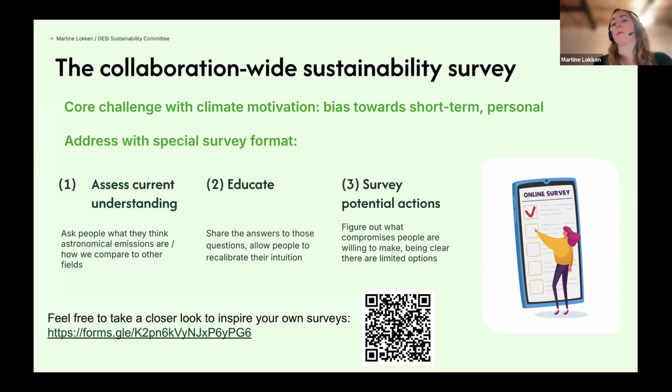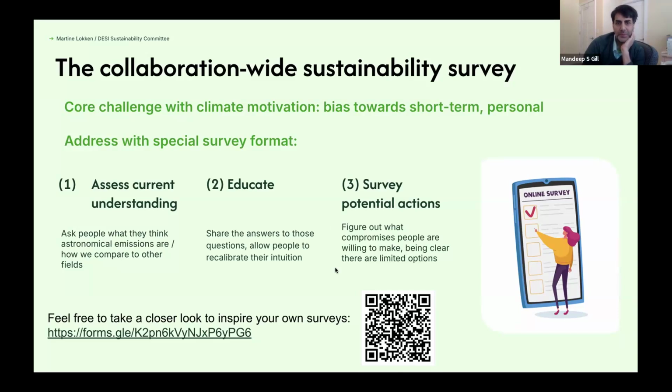And so for those who maybe weren't aware of astronomy's outsized impact, they become aware as they're doing the survey and before they get to the part where they're talking about actions. I think that was really helpful to get people in the right mindset. Some people might think of that as biasing a survey, but really every survey is biased. And like the point shows above, normally people are biased against thinking about these longer term issues. So we were thinking of it more as de-biasing the survey.